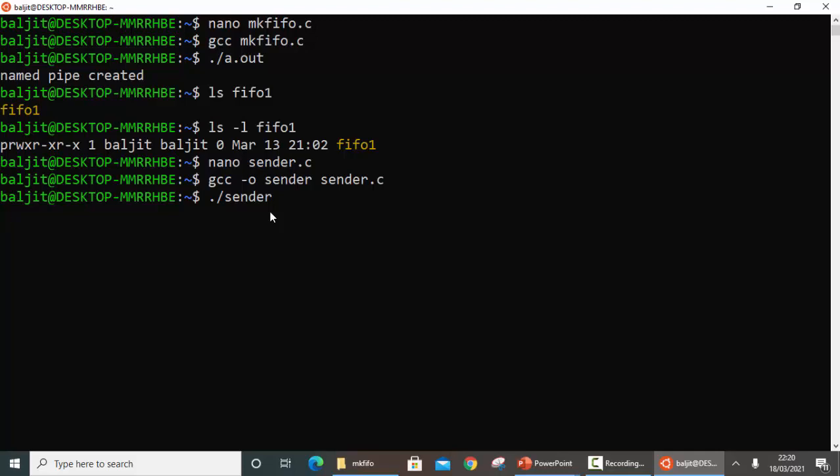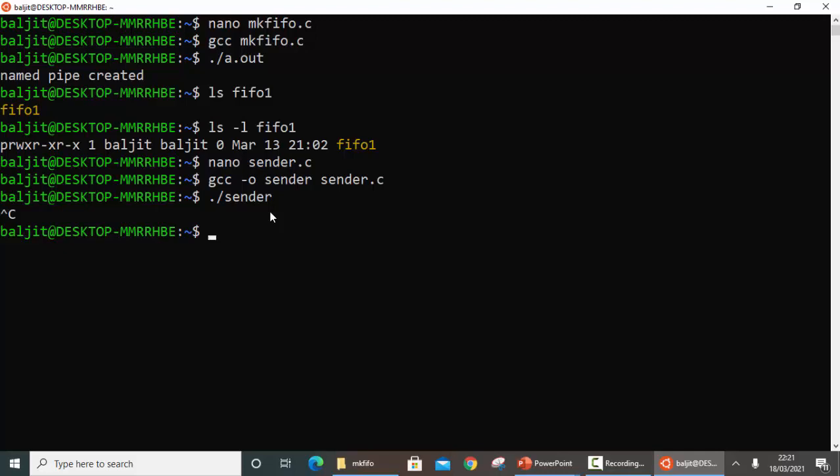Can you recall why this has happened? Correct. Named pipes work in the blocked mode by default. Why is the sender not able to send something? Because it is working in the blocked mode. Until and unless the receiver is there to receive, there's no point of sending the data. If the process sends the data, it is going to get lost. So by default it is waiting for the receiver to be there. We conclude that the receiver has to be there together with the sender, then only some communication will take place. So I have just killed this with Ctrl C.